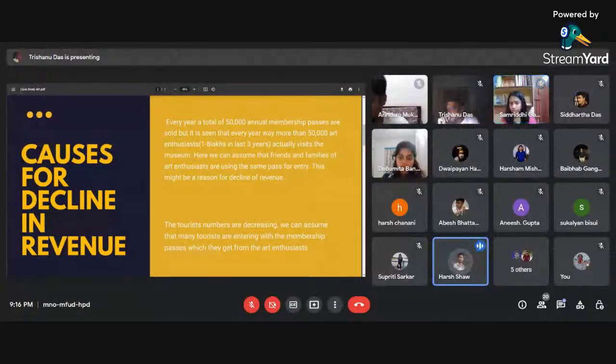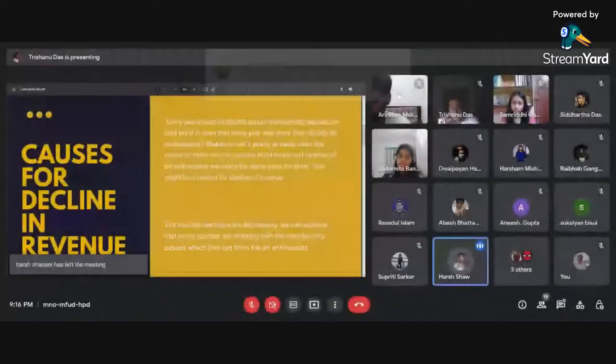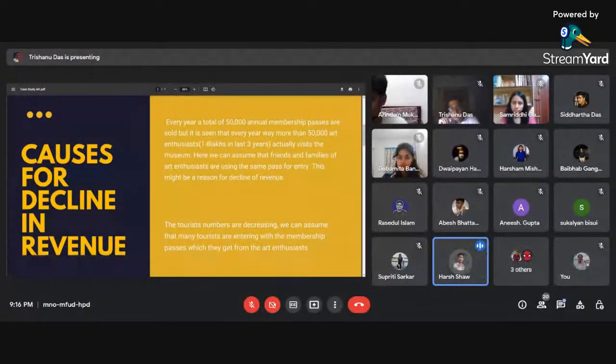For example, if a tourist is coming to Sealdah station, suppose, or Howrah station, we would be having a separate corner where one or two people from the museum would be there. There would be a display board, and they would be showing some art and craft, so that the tourists get attracted to visit the place more. So we are here to create the hype. Point taken. Yeah. Any other questions on the floor?